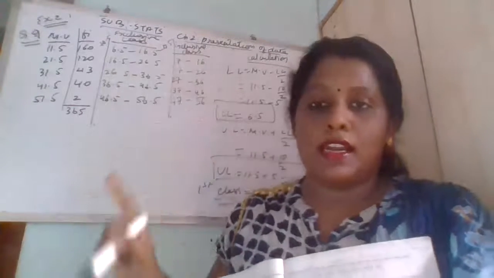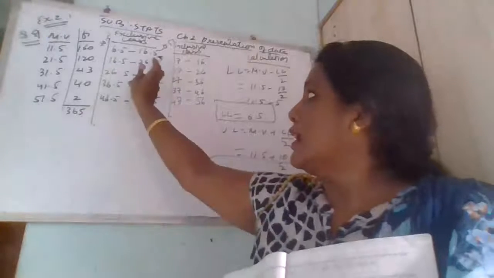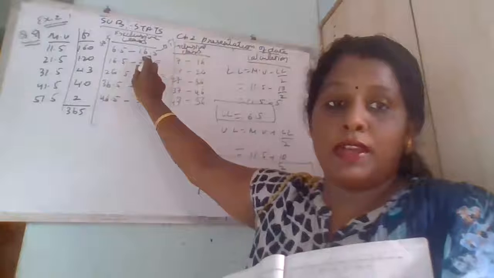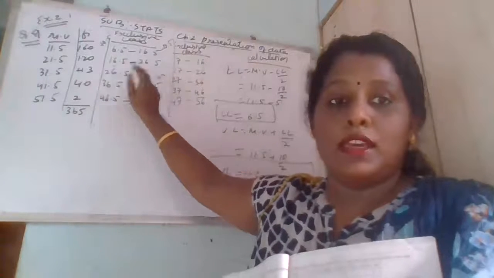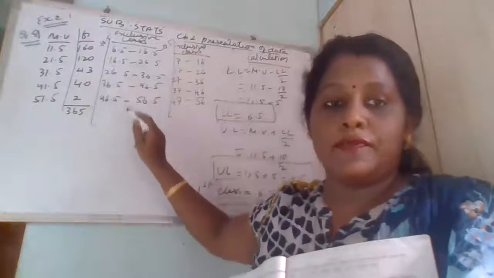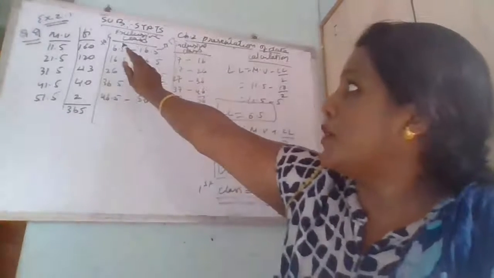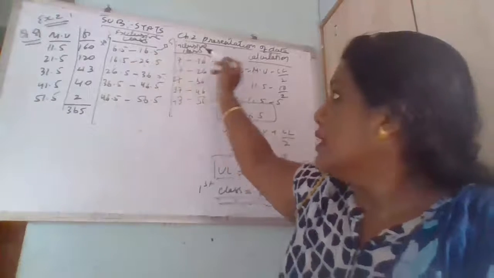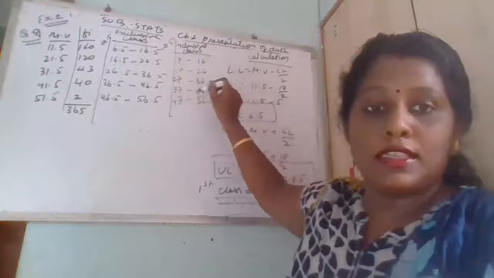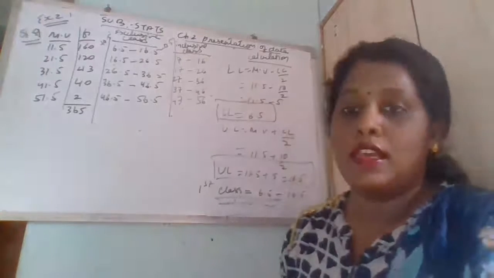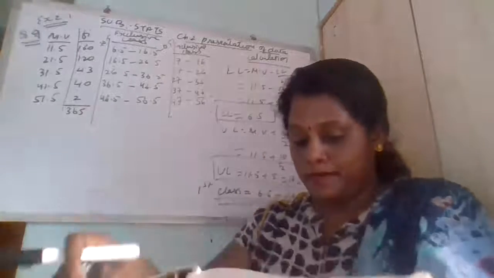सिर्फ फर्स्ट क्लास फाइंड करना है, उसके बाद सिर्फ 10 ऐड करते जाना है, हॉरिजॉन्टली देखना है तुमको. 10 add kar diya, see 6.5 to 16.5, 16.5 again you have to write here, then add 10, that is 26.5, then 26.5 to 36.5. वैसे तुमको एक्सक्लूसिव क्लास मिलेगा. फिर इसको इंक्लूसिव में करना है तो plus 0.5 here and minus 0.5 here. That comes to 7 to 16, 17 to 26, 27 to 36, 37 to 46, 47 to 50. So this is your solution of this sum. Right? Now let's see our 10th.